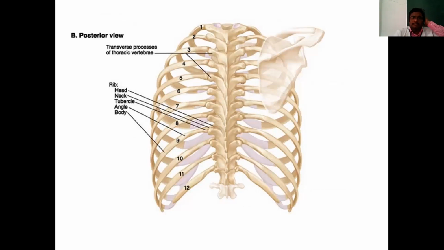So how are these ribs articulated? Here, in the body of the vertebra, you will have articular facets, the superior and inferior articular facet, and a costal facet in the transverse process. The ribs get articulated in this area, that is your superior and inferior costal facet, and then the costal facet present in the transverse process. Like this it is being attached.